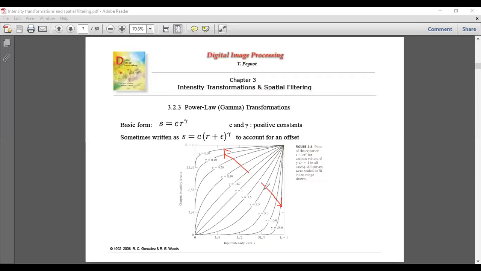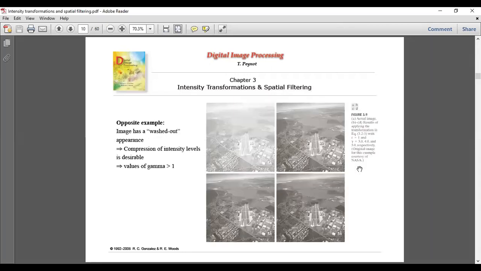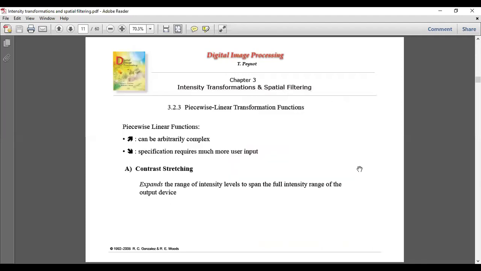Now, not in a good way. That's why they want to make slightly darker things much darker, and keep the brighter things as they are. And it has worked for them. You can see it has worked for them. Gamma is not the power. Here you can see a higher value of gamma for this particular equation is going to give you a curve something like this. That was about log transformations and gamma transformation.